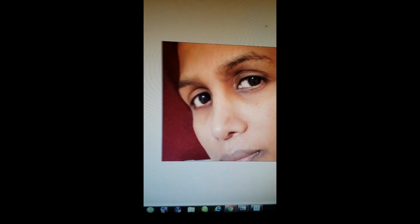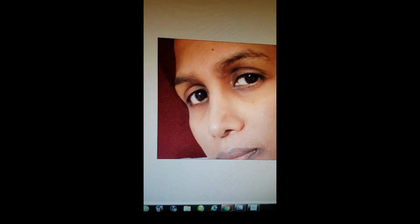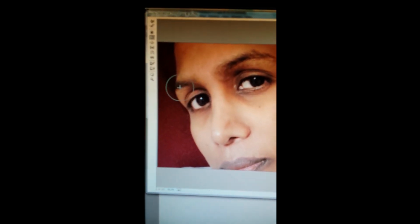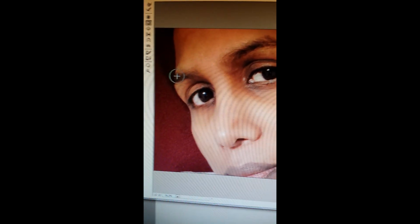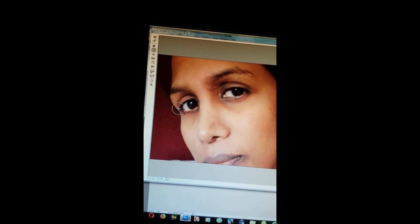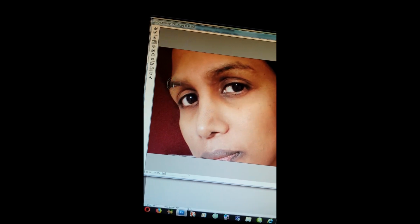Yeah. Here is another example I want to give you of the orbital bones here. So if you use this liquify tool, filter, liquify, alright, and I'm going to go to a smaller brush again, maybe a little bit bigger, oh no, a little bit smaller, okay. And here you can see this is in FFS the surgeon tries to smoothen all this out and open up the eye. So you can see